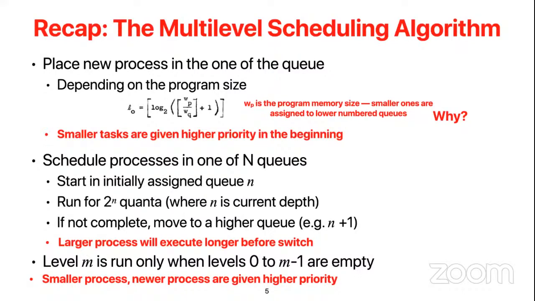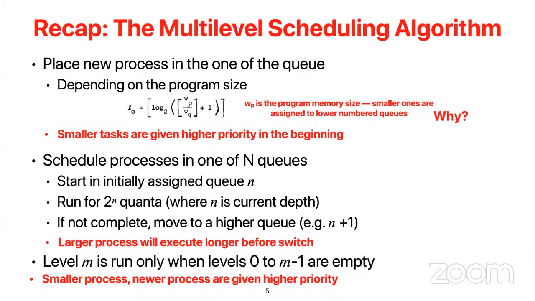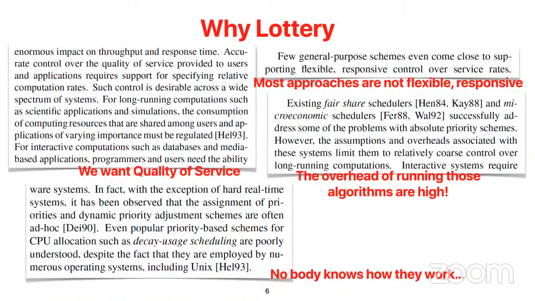So for example, if in the first round you cannot complete your job, your task will be gradually moved to a higher queue. However, in this way you can also imagine that if you are in a system where you have a larger process, but we keep having smaller tasks, your larger process may eventually get starved. So that's one of the drawbacks of that, right?